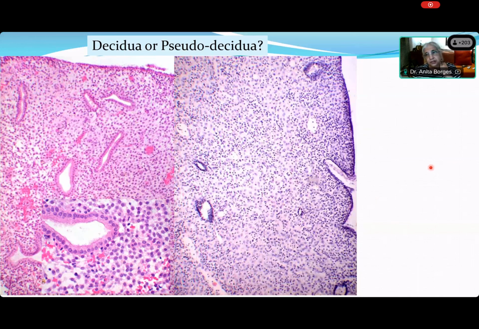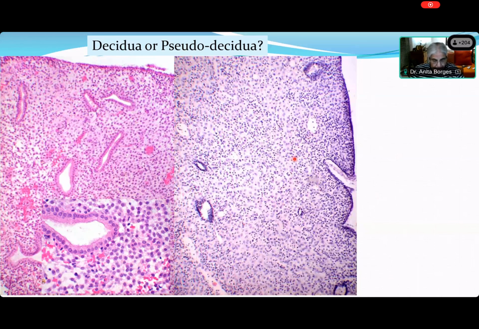Vandana, what is decidua? Ma'am, transformation of the proliferative stromal cells to large ovoid to round cells with abundant eosinophilic cytoplasm. Proliferative phase stromal cells. You're absolutely right. Now, do you see the same thing on this side as well as this side? It's the same, right? This one maybe doesn't have as much eosin in the whole system because even the glands are looking blue. So which is decidua? Rupali said that the left hand side is decidua and the right hand side is pseudo decidua. Vandana, would you like to try? What? No? You don't want to take a guess.